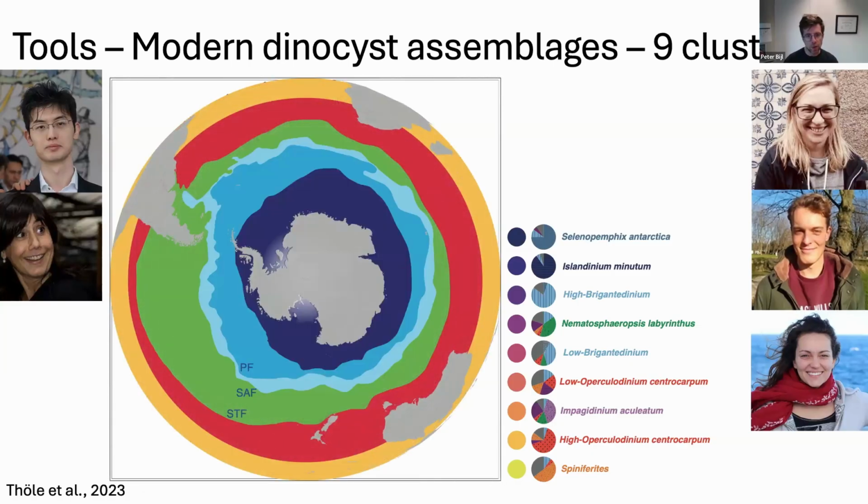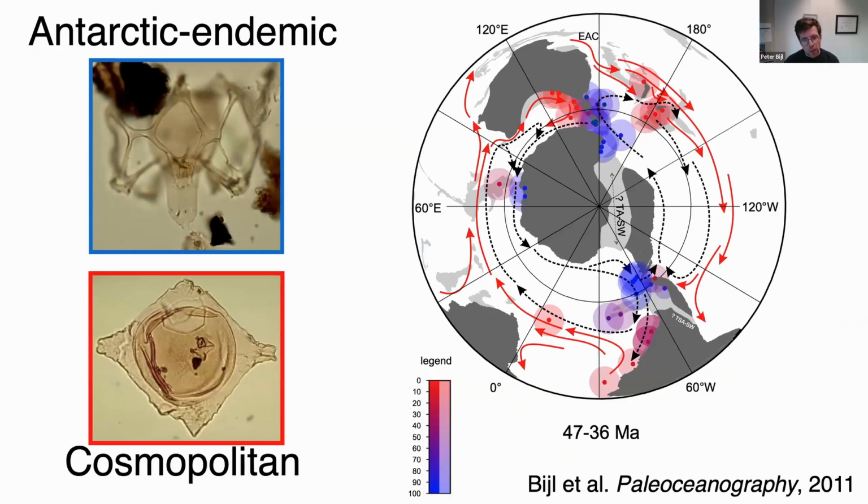And this is maybe a little bit complicated, but I've color-coded this for you. So these are basically the ocean zones that we distinguish based on the dinoflagellate cyst assemblages. And I will use this color coding throughout my presentation to guide you a little bit through the maze of species and assemblage plots. If we go further back in time to the Eocene, for instance, to investigate what the oceanography looked like prior to the Antarctic Circumpolar Current and prior to the existence of these species, we cannot use this modern analog technique anymore.